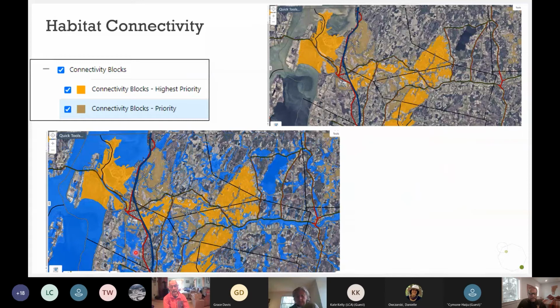So I had told you that we did this selection of habitat blocks using the riparian landscape. And I just wanted to illustrate this in maps and show you this area up here by the Missisquoi. And how these blocks show up as highest priority forest and wetland blocks from that Vermont conservation design statewide perspective. And so you can see the dark orange, those highest priority connectivity blocks, and then the brown, those priority connectivity